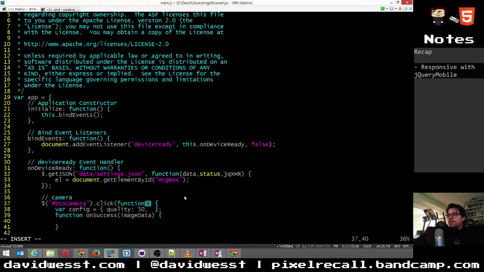Okay, so from there, let's make sure I have my config. There we go. Now here's the one that is a default for the browser: the destination type. There are three different options. You have a file URI, a data URL, and another one that I don't remember right now.